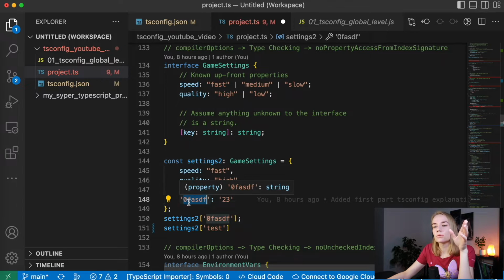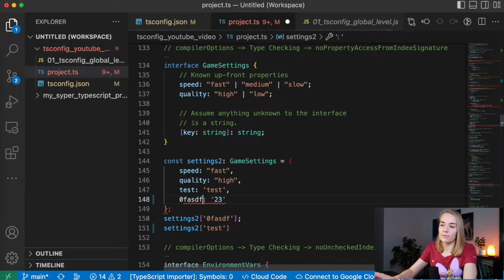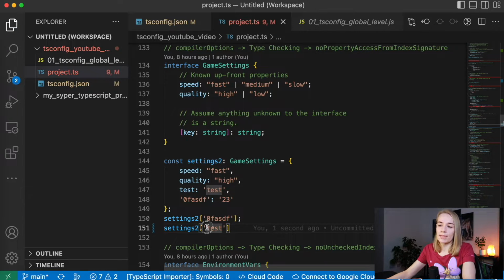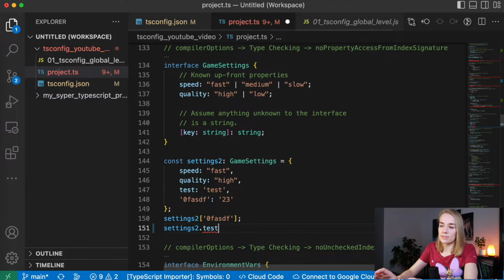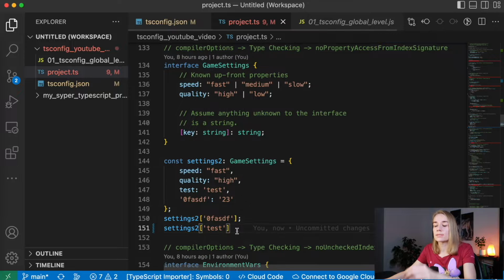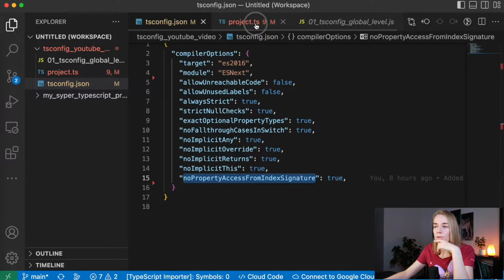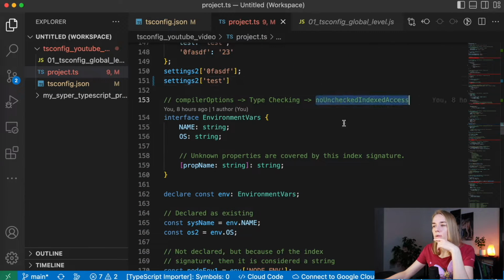But okay, we can have different properties which could start, for example, from numbers, which is not valid for JavaScript, and we should use quotes. But for example, for test, I really can use the dot, but no, I can't in this context. Yes, and this property just helps us to highlight this problem. Okay, go next. No unchecked